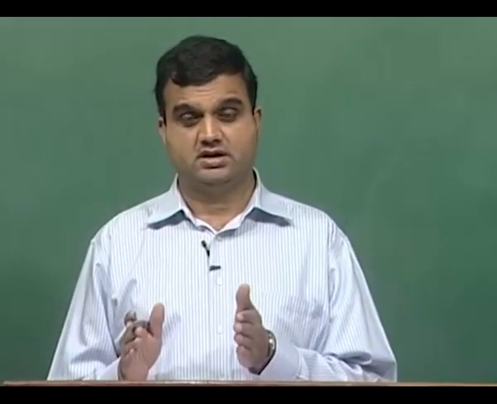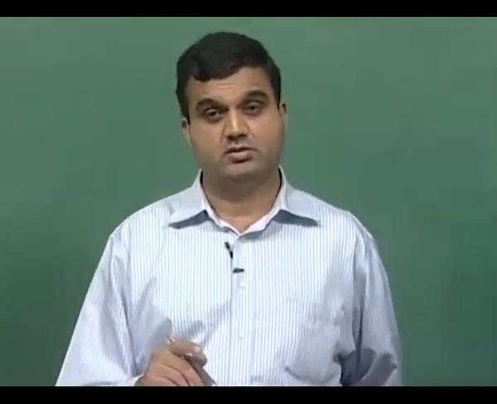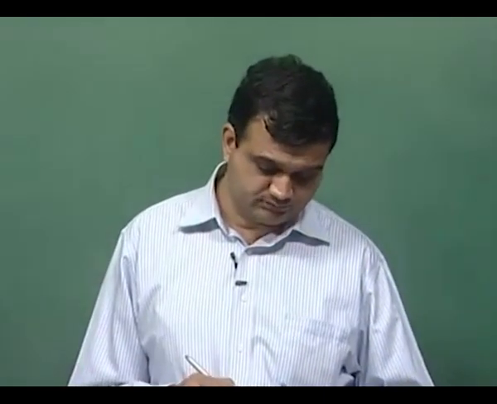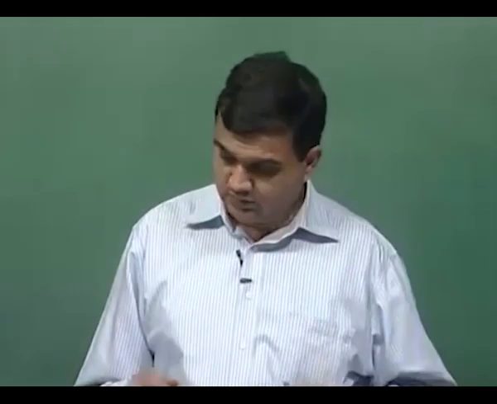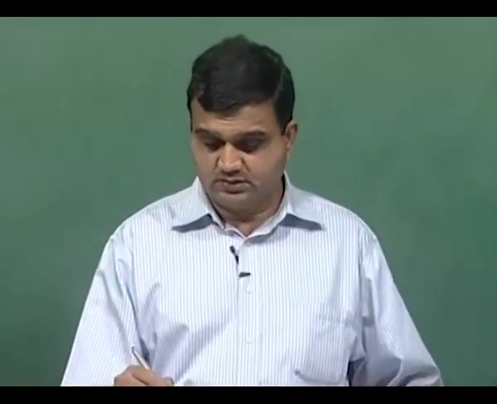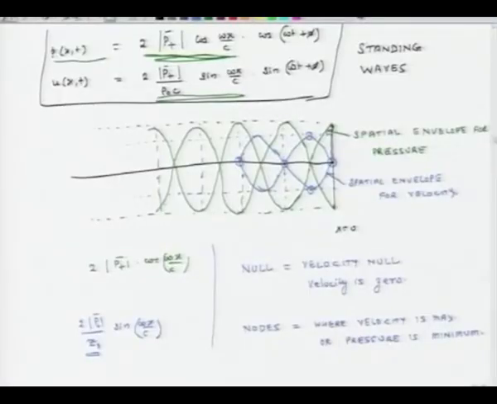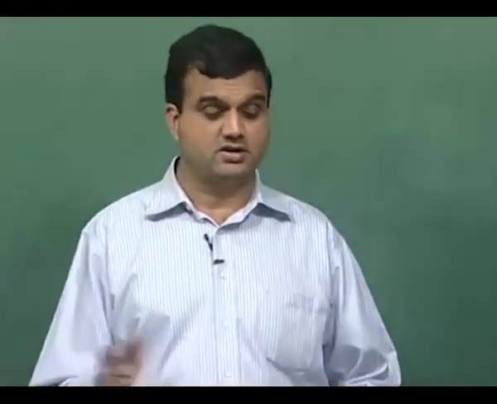But if you have a termination condition where it is not an absolute case, that is the termination condition is such that the wall is not absolutely rigid, then the pressure may be still at a minimum, but it may not necessarily be exactly at a zero value, and same thing holds true for velocity as well. So, the reason these nulls or minima values for velocity and pressure are exactly 0 is because A, we have a rigid wall termination condition, and the second reason is that there is no damping happening in the system.